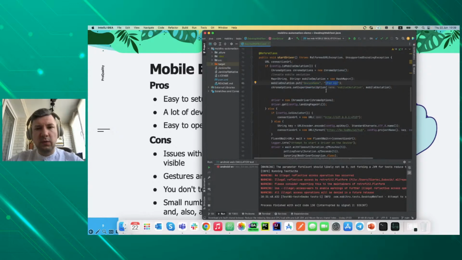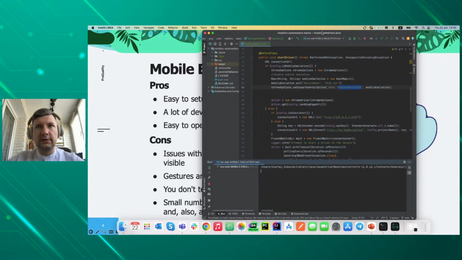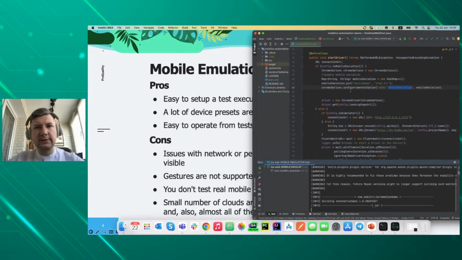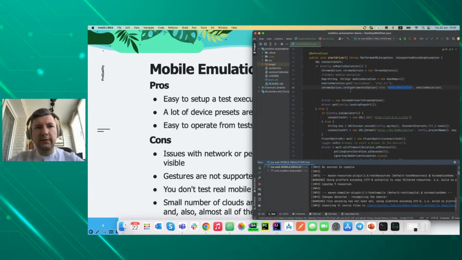I just pick one from the presets, which are provided officially by Chrome, and just enable the experimental option in my start Chrome driver options. And then Chrome will do everything. So let me start my test, which you will see will run really fast